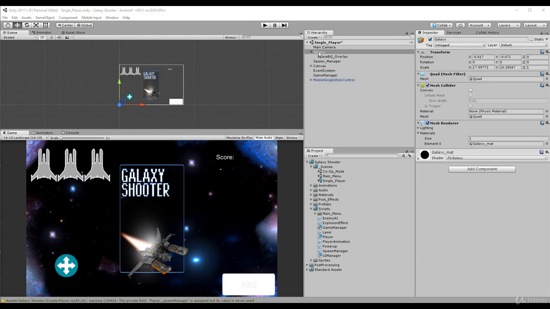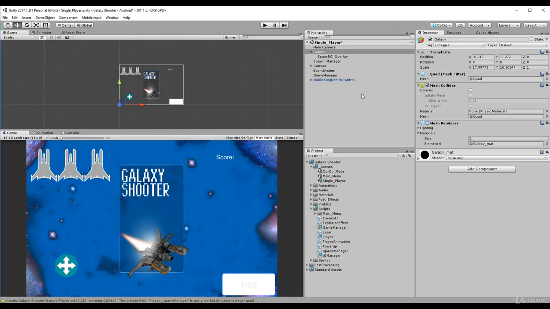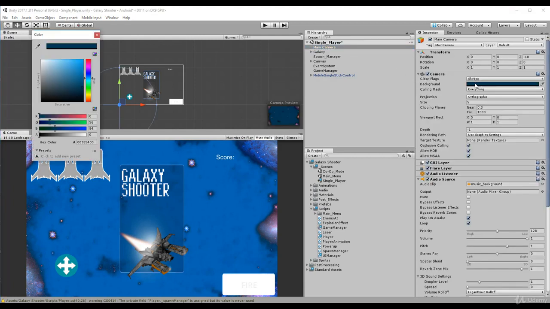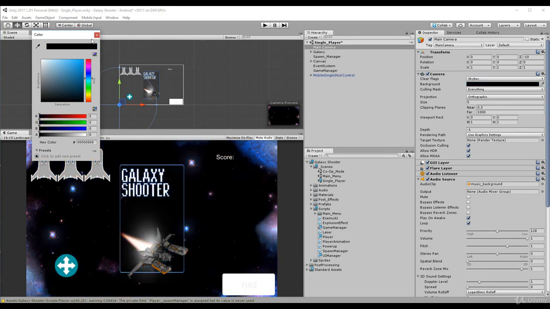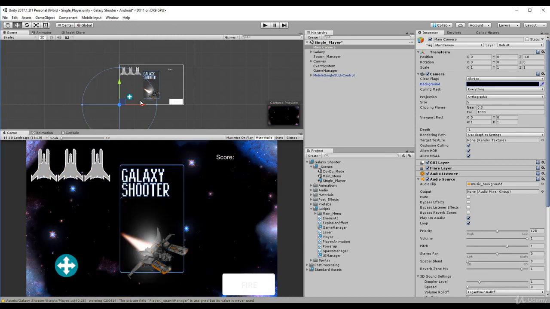So to do that, select your Galaxy and turn off the mesh renderer so that we don't render it. And you have a couple options here. What we can do is select the main menu, click on background under the camera component, and change this to black. As you can see here, it actually looks pretty good with just a black background and the BG overlay